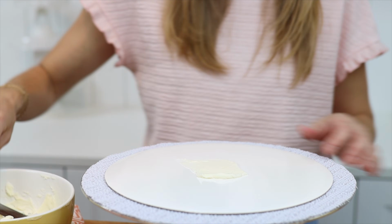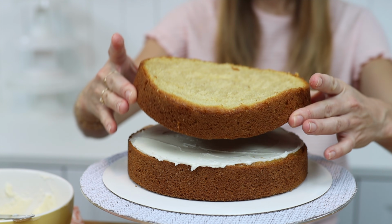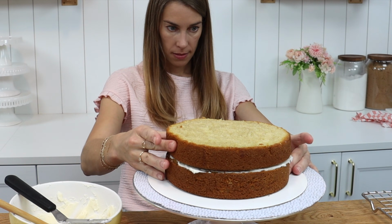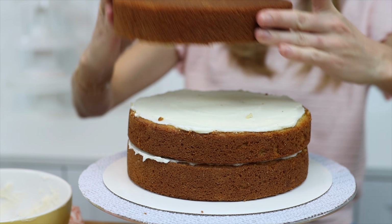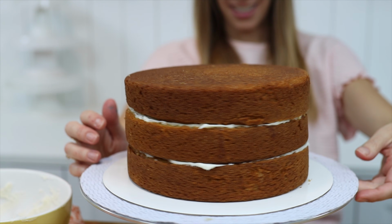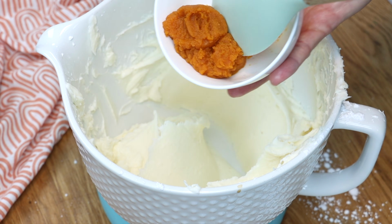Spread a bit onto the middle of a cake board or plate and press your first vanilla cake layer down onto it. Cover it with half of the cream cheese buttercream, spreading it with an offset spatula or you can use a spoon, and then position the next cake layer on top. Another layer of cream cheese buttercream, and then the final cake layer. Now, very important, put this into the fridge for 30 minutes or the freezer for 15 minutes to set the